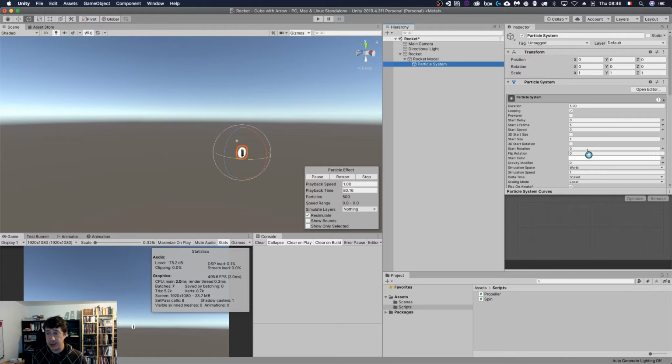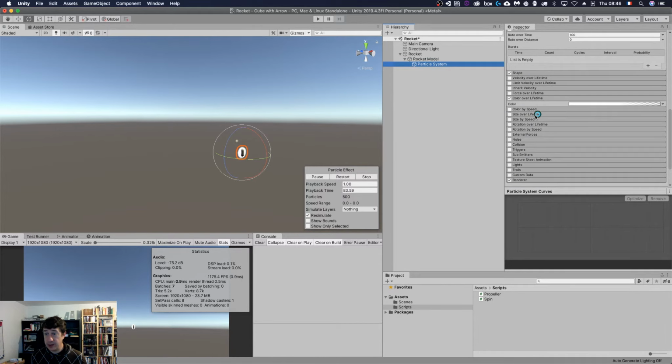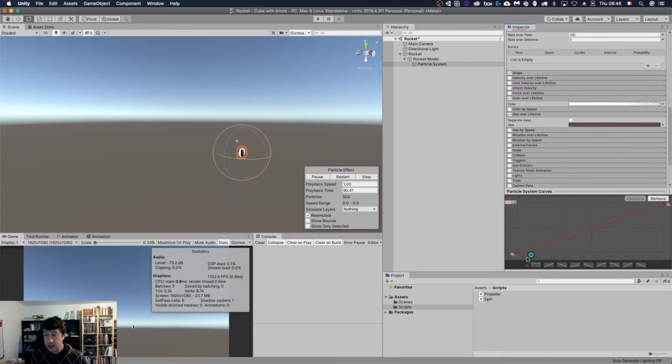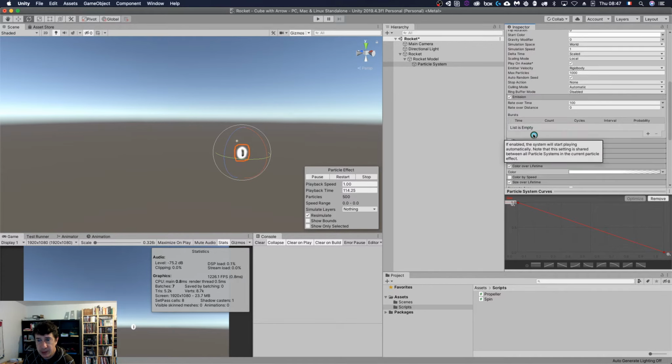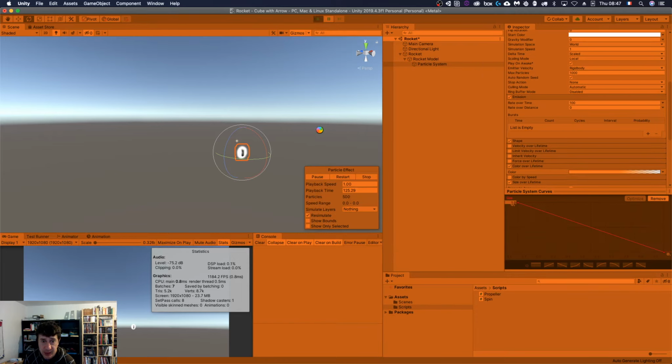So I'm going to add a size over lifetime, for example, so they become smaller over time. I want the size over lifetime to be more of this shape. And the start size, I'm going to make it 2. And I am also going to give them a little bit of velocity. Here's going to be the little problem: I'm going to have to give them a velocity that is dependent on the position of the rocket, because if I give them a sideways velocity,